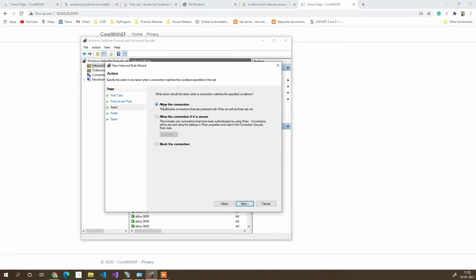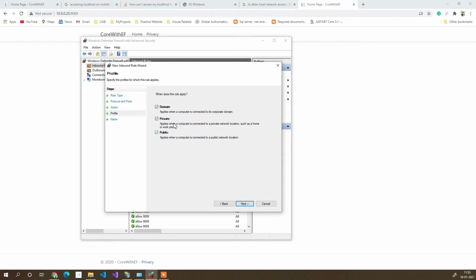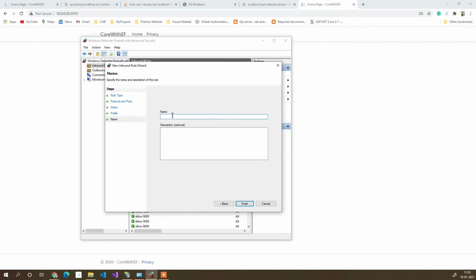What it will do is, when you access this path from your mobile or any other computer, it will look for these rules, and if it matches, like 8089 is the port which the application is trying to access, it will allow that connection. And then we have that private domain, so you can just use it by default, and then we can give some name like Core EF access 8089, something like that.